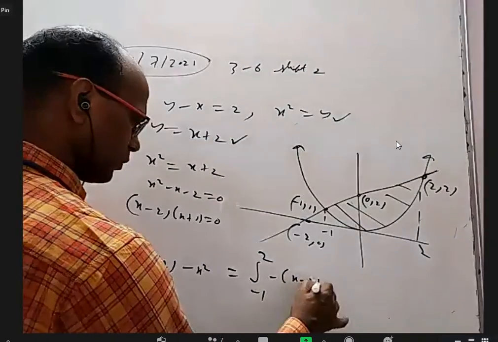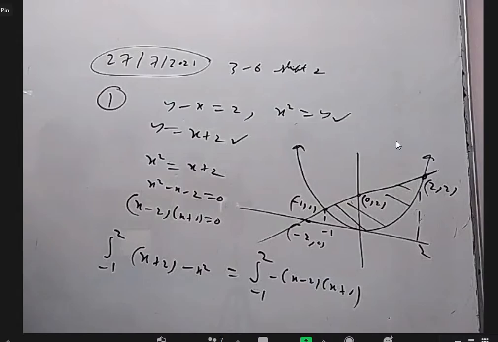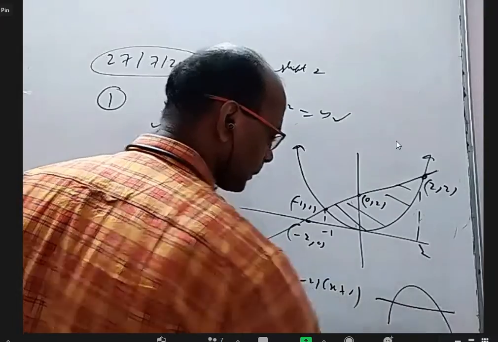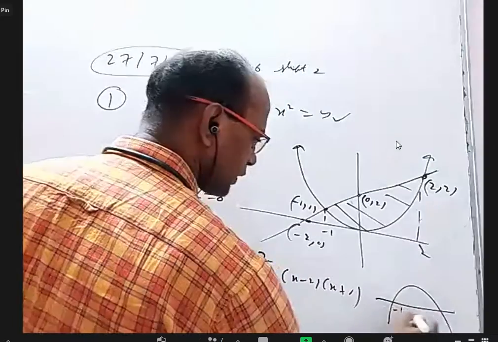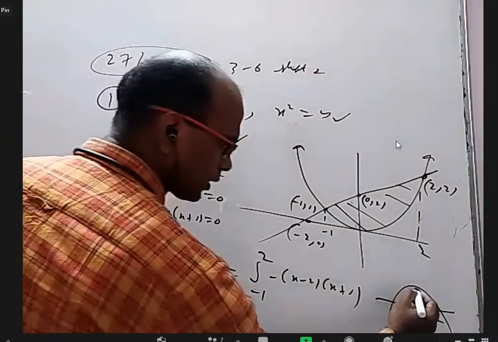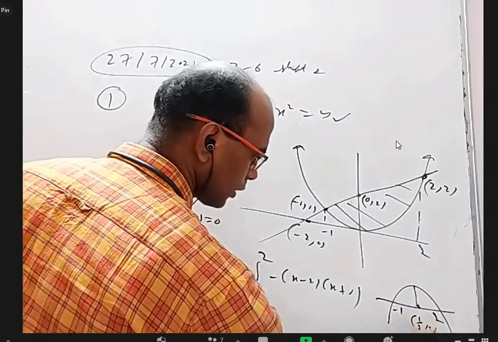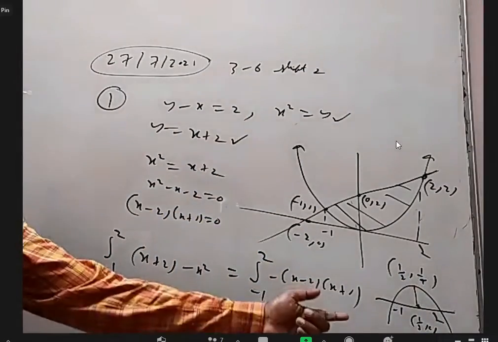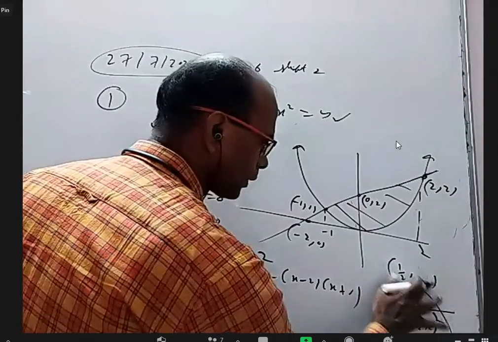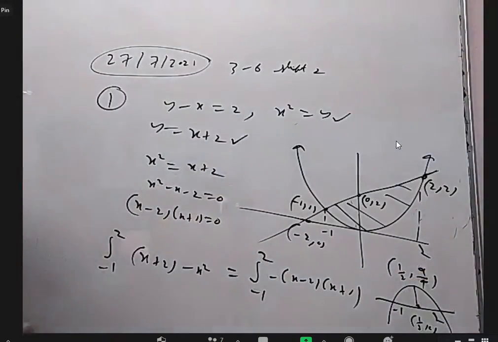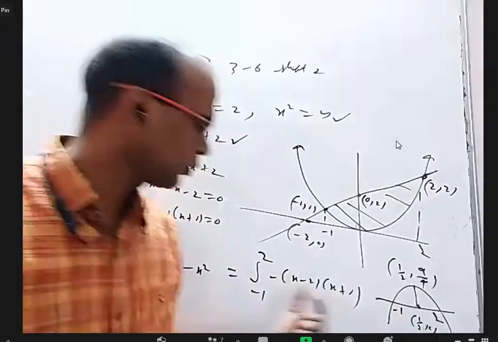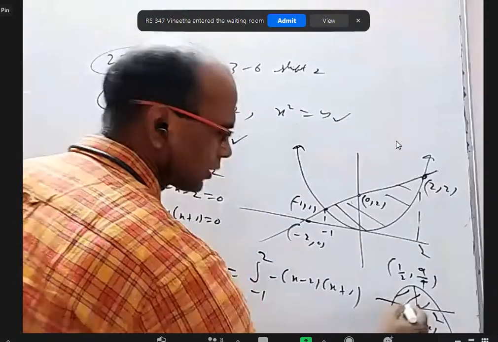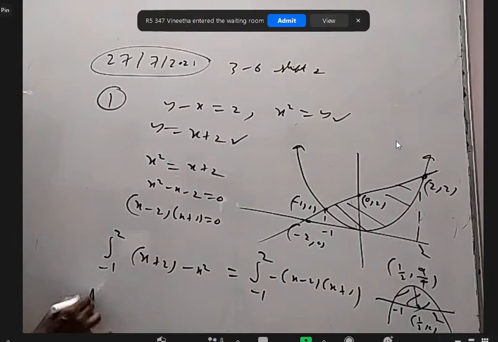This is minus of x minus 2 into x plus 1. This itself is actually a downward parabola with the roots as minus 1 and 2. And right in the middle, this will be 1 by 2, comma 0. And this will be 1 by 2, comma 9 by 4. Why it is 9 by 4 is this gap is 3 by 2, this is 3 by 2. When you put 3 by 2 into 3 by 2, you get 3 by 2 whole square. And we know area of this is 2/3 of this rectangle. So I want to do that way.